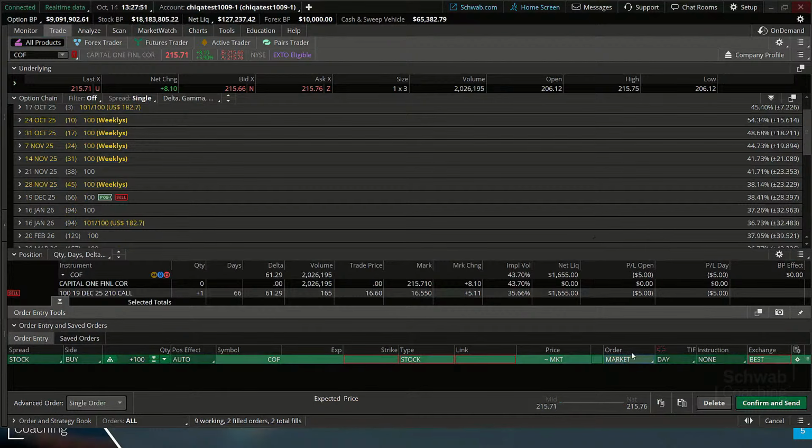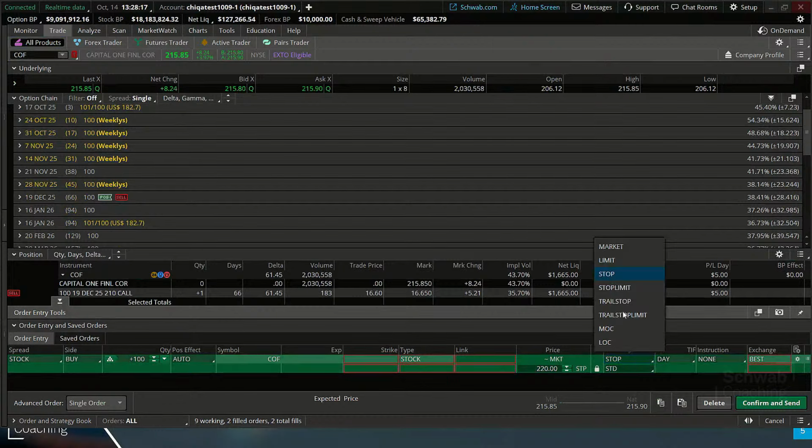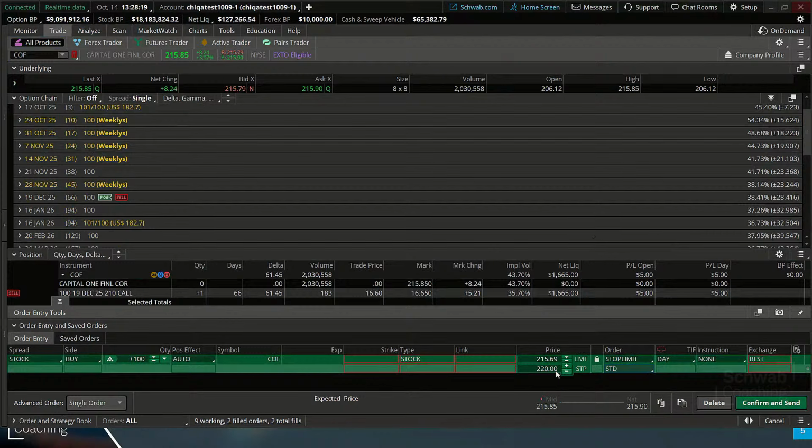So market order, that's going to be, I guess we'll go through the stop orders in this case. So a stop market is just going to act as an activation to activate a market order. So if you're going to put in a price and say, I only want to buy it when it's above 220 in this case, that order is going to wait and be held server side until the price of the stock hits 220. Then it's going to send a market order to the market. Let's go over a stop limit in this case.